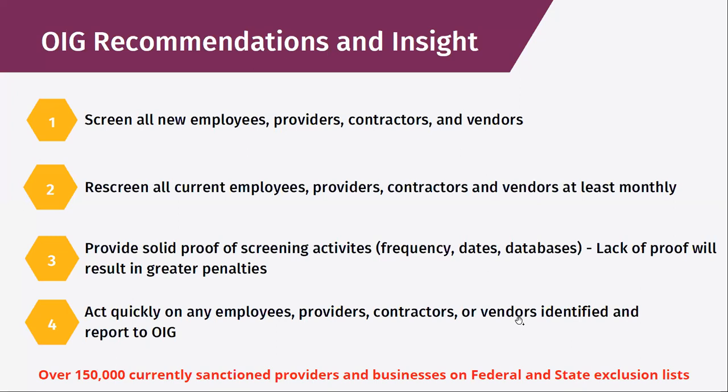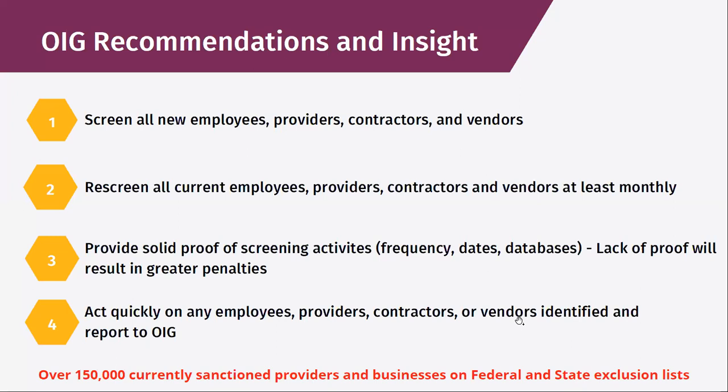Now, again, even in a small entity, you could have hundreds, if not thousands, of individuals or companies or providers in those environments. And trying to do that can be difficult. And of course, if you do have an issue, the most important thing you can provide is that you can demonstrate to the OIG that you've had a solid screening process in place, that you can show how frequently that's been done, the dates it's been done, and the databases that have been checked. And if you don't have that evidence, you're just putting yourself at a greater risk of larger penalties.